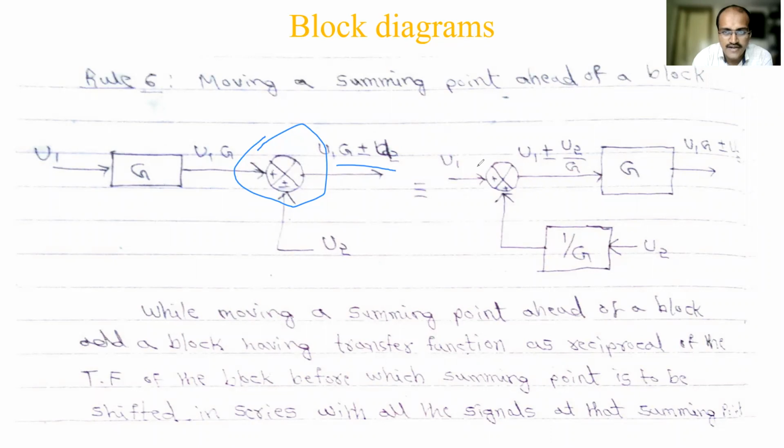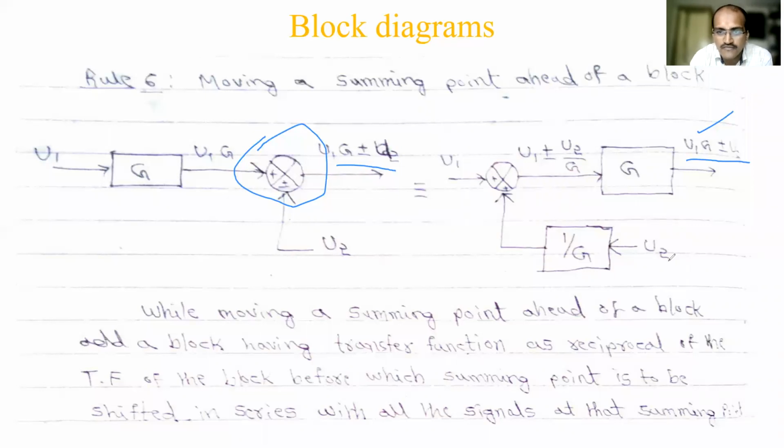Then the u1 signal is there, it is added. And what I will do is add the reciprocal of this transfer function. Why I'm doing this, you will come to know later. Because if you see here, I require u1 g plus or minus u2. So g is there already here. So g into u1 will give you the first term u1g. But to get the second term u2, if g is not there in the denominator, it will become u2 into g. That should not happen. To nullify that, g should be in the denominator. So how will it come? That will be placed over here before the signal. So 1 by g is placed here and it is u2.